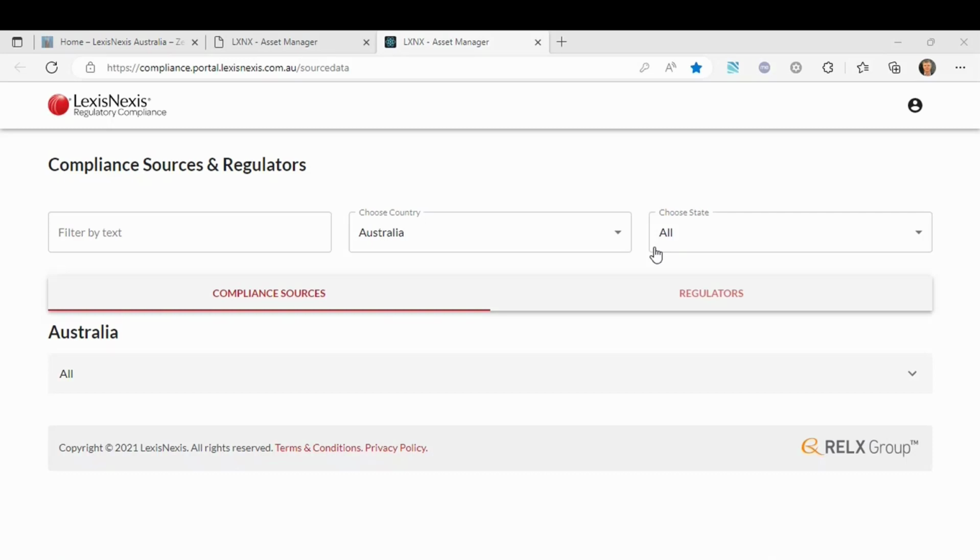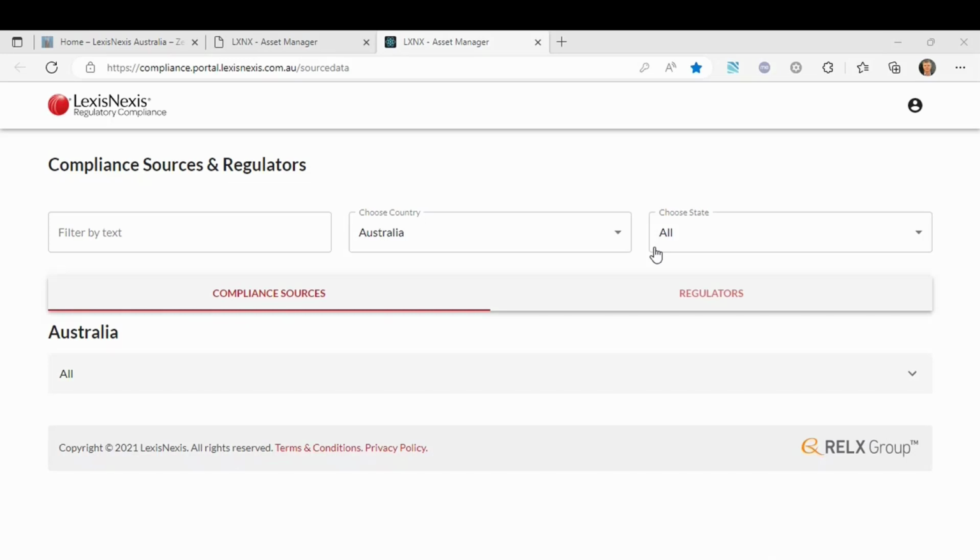In response to requests from primarily the financial services sector, we have extended and enhanced the content that we provide through the medium of what you can see on the screen, SourceData. What SourceData does is fundamentally change the relationship that you have with the content that we provide, moving it from that one-to-many approach with an obligation at the center and many compliance sources talking to it, to what we call